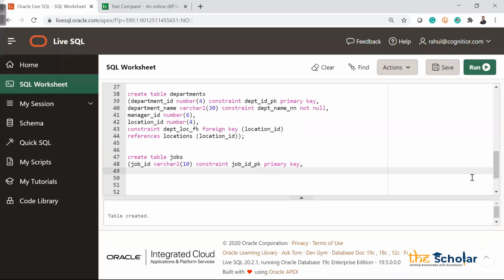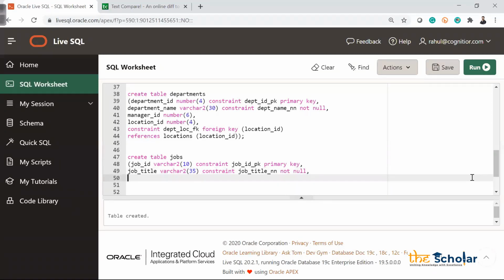Then comma, we have job title varchar2(35), and again this I don't want as a null value, so constraint job_title_nn not null,